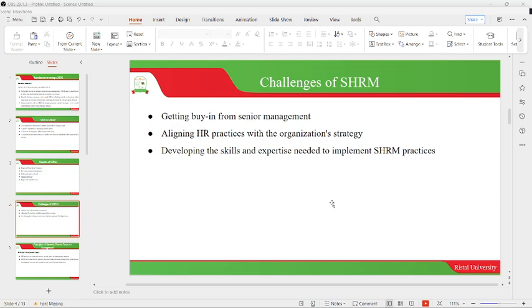For example, some organizations, especially the private sectors, are deeply profit minded. They want to make profit. They are not much concerned about the welfare of their employees. But you, as the human resource manager, are concerned with the welfare of the employees. So if your strategy is to make sure that every employee's welfare is taken care of, and that employees are highly motivated, with incentive plans in place to motivate employees, but the organizational strategy is basically profit making,